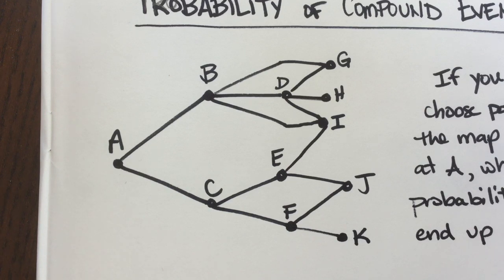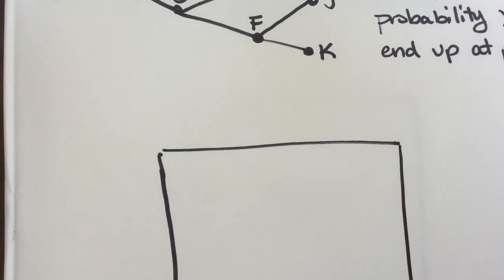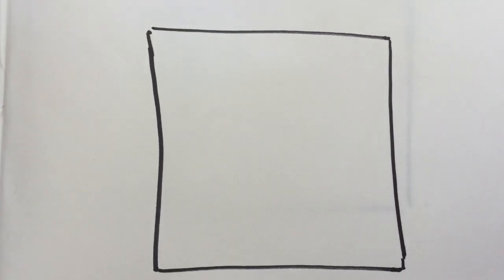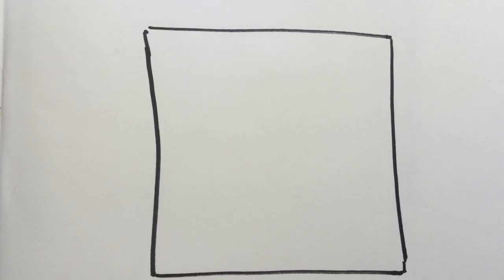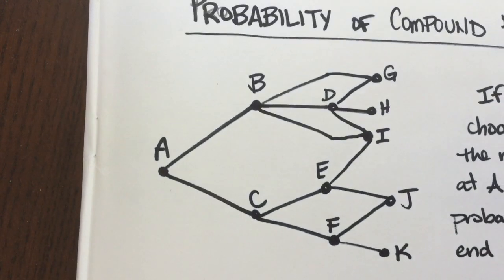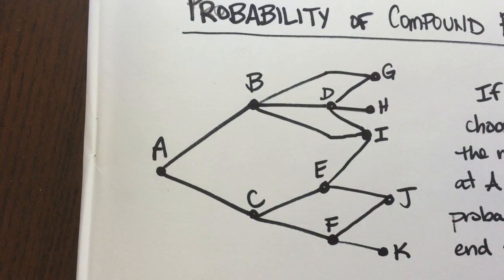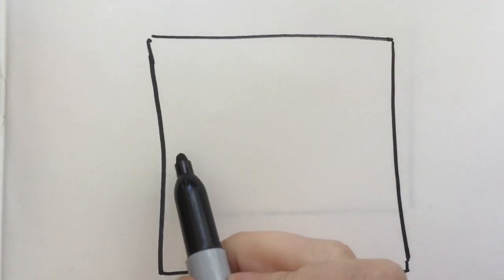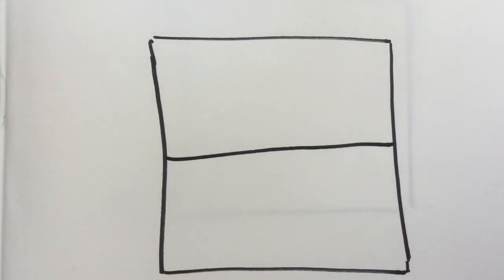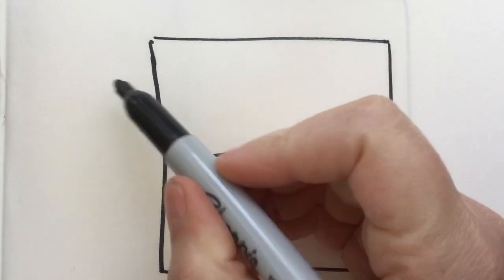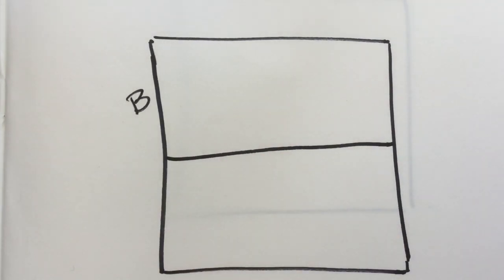So every single time that there is a choice to be made in the map, we are going to cut up our area model, which just starts as a square, to represent those choices. So the first choice that we have on our map is starting from point A. And from point A, we can either head up towards B or down towards C. I will also cut it so that there's a top path. This would be along, you're headed in the direction of B,